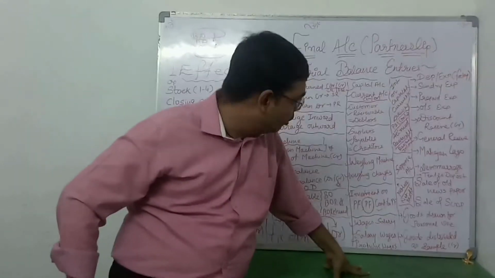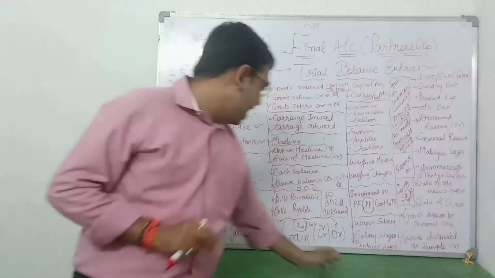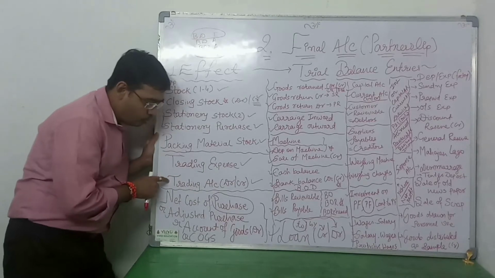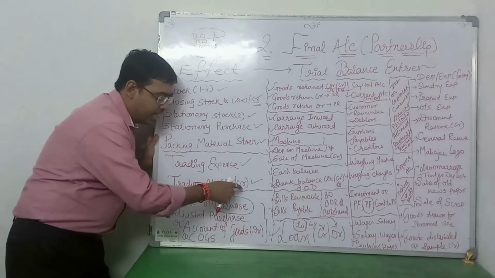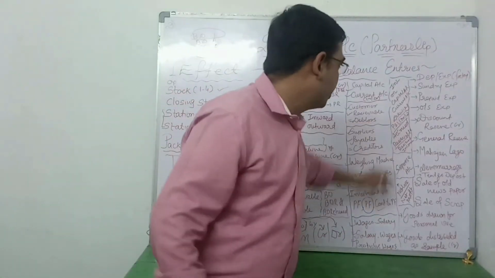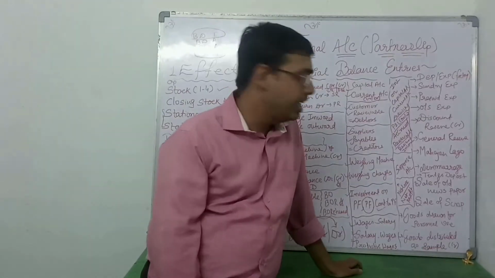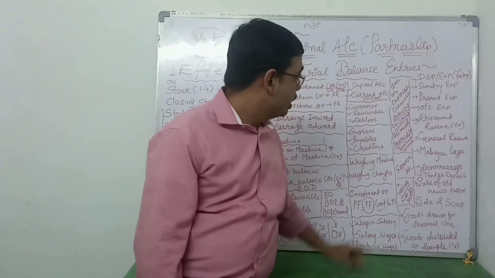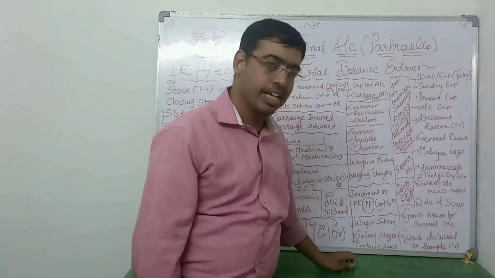Clear? Okay. Now, P&L account is simply written like trading account. Debit side, credit side. I have explained to you when trading account is written, debit side means gross loss, credit side means gross profit. Same way, if it is written debit side, it is net loss. If it is written credit side, it is net profit. Clear? But why have I written here net loss and net profit? So I will tell you this first in connection with it.